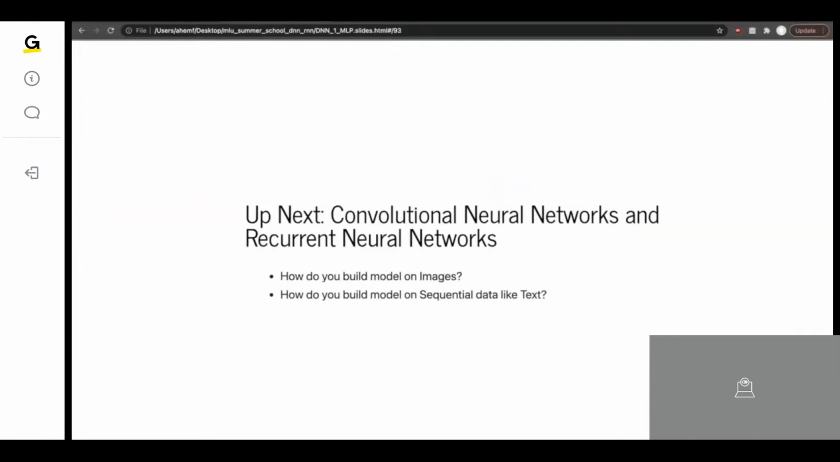Up next, we will actually look at convolutional neural networks, which are used for image processing and for image recognition, semantic segmentation, and many other image related problems. And after that, we will look at sequential data like text, how to handle that with recurrent neural networks. And after that, we will have a Q&A session. So feel free to ask any questions in the